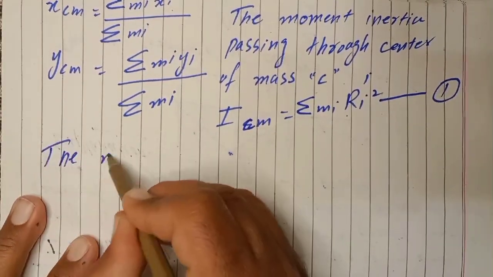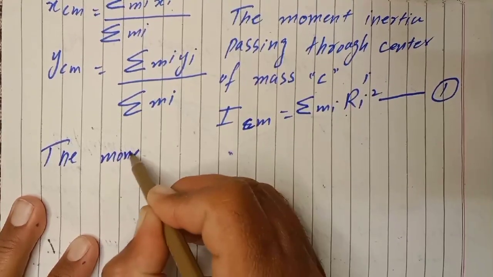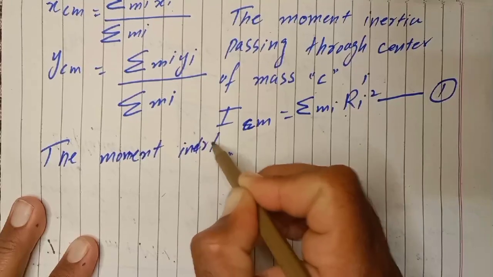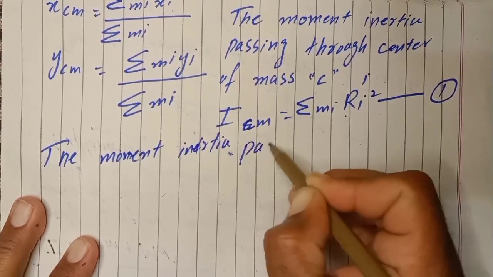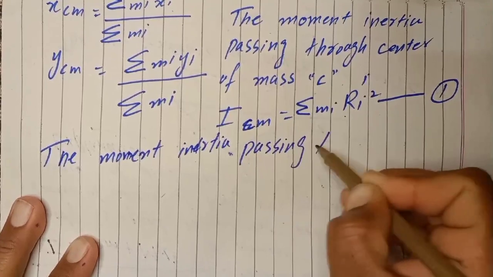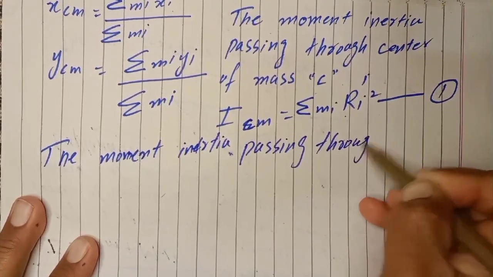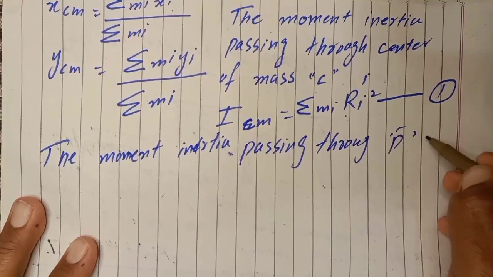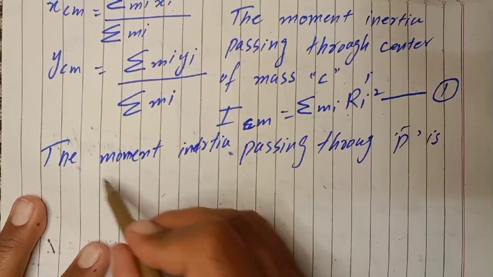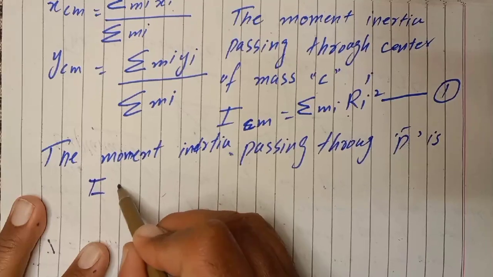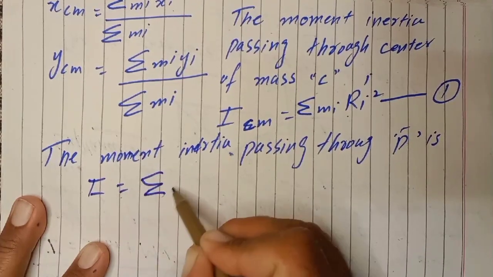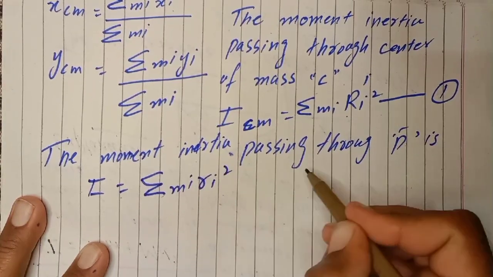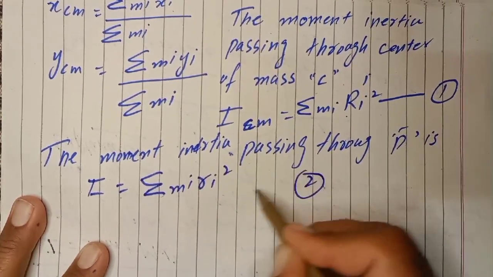the moment of inertia passing through P is I is equal to sigma m_i r_i square। ये इक्वेशन 2 हो गई।